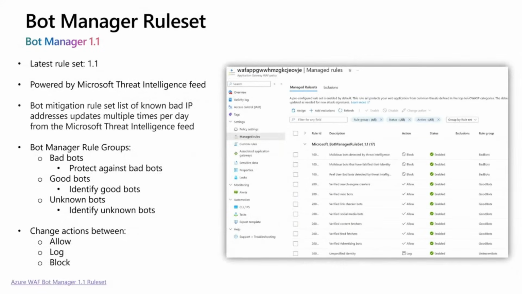Now, the next feature that we wanted to talk about is the bot manager rule set. The latest bot manager rule set version 1.1 integrated with Azure WAF leverages Microsoft's continuously updated threat intelligence feed to provide precise bot detection and mitigation. The rule set is structured into three key groups. The first one is the bad bots group. So this group restricts malicious bots with behaviors such as scraping, credential stuffing, and vulnerability scanning, blocking them before they